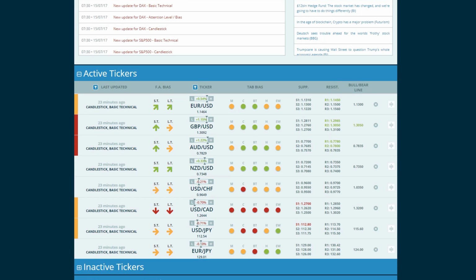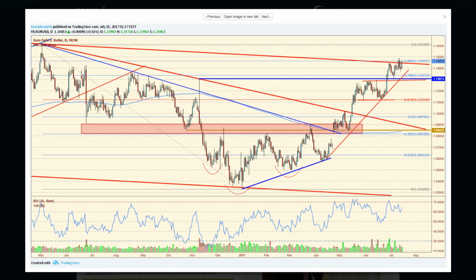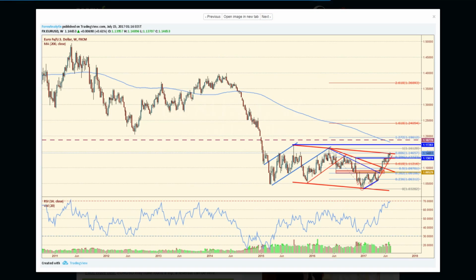We've seen the dollar really weaken as the euro has made its way up towards the 115 level, and we closed actually above a really key channel resistance, barely, marginally, but you can see it right here. We closed right above it. I want to talk though about sentiment for a moment, because at ForexAnalytix we don't just look at charts. Obviously, we're looking at different types of analysis, from macro to technical analysis, and we factor in sentiment and positioning,